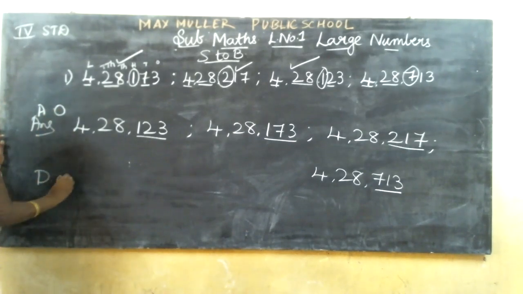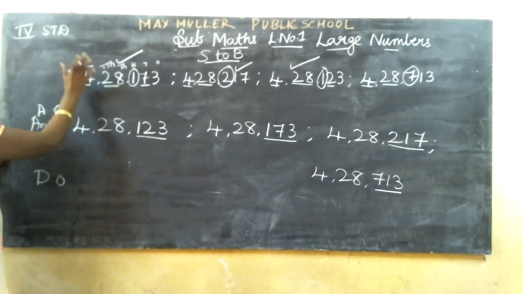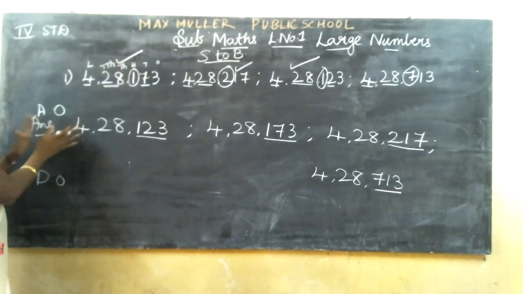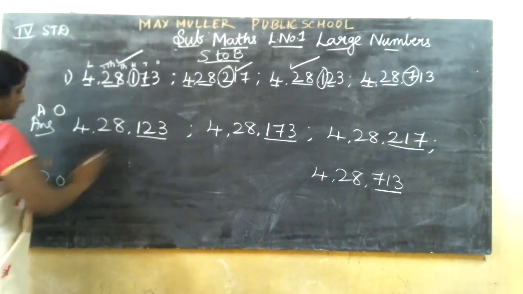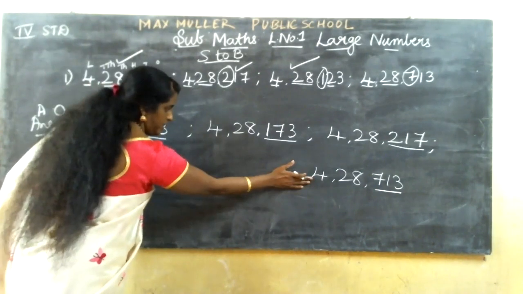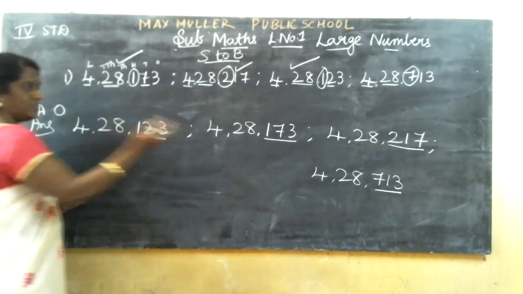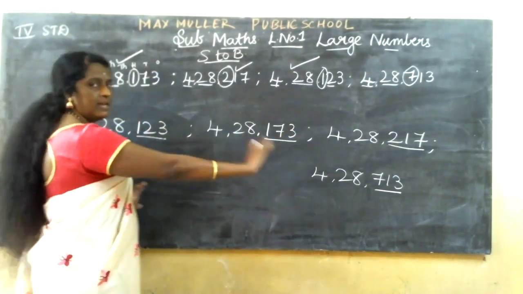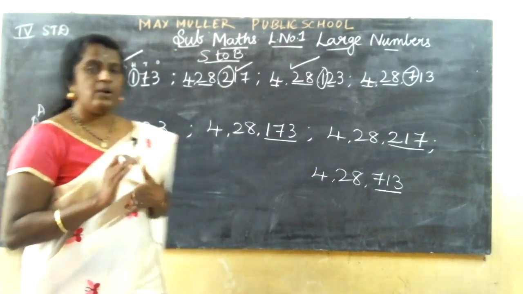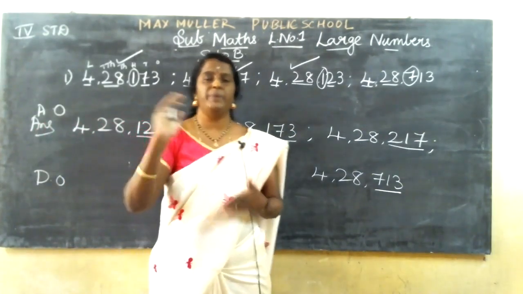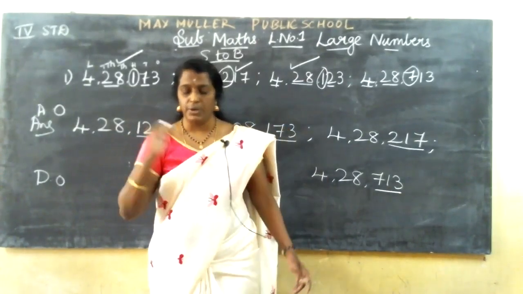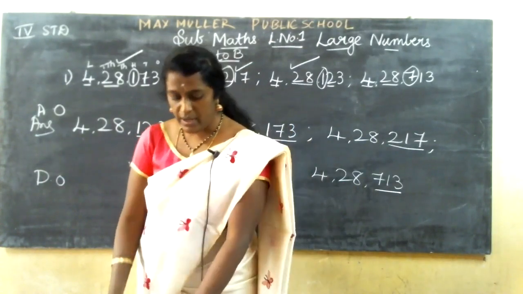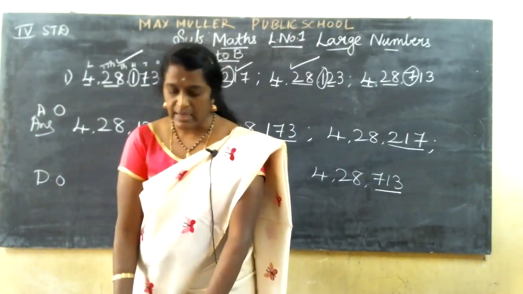Descending order means, if I give one question and say write ascending and descending order, for the same numbers, first you should write ascending order. For descending order, first you should write the big number here, next this number, next this number here. Small will be last. So ascending order means from small to big. Descending order means big to small. So this is lakhs, so you should see and write properly. Here there is no place to write, so I'll give it in the classwork.